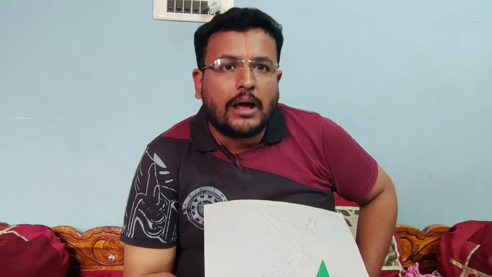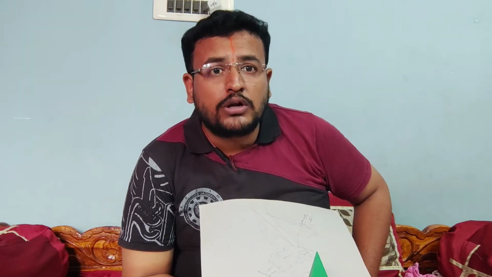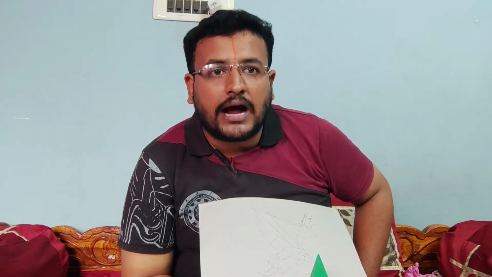Now, first underline the word pentagonal pyramid. Here you should not get confused with pyramids and prisms, because most of the students draw pyramids if the prism is asked. A pyramid is nothing but a solid where its lateral surfaces are triangles. A prism is a solid where the lateral surfaces are rectangles.